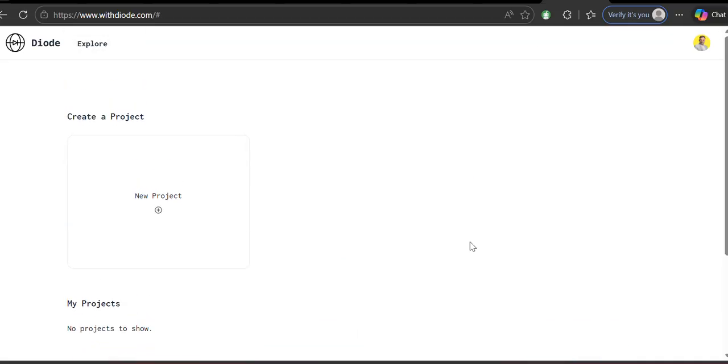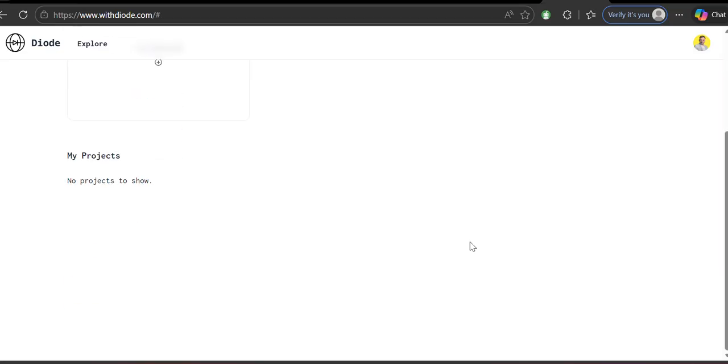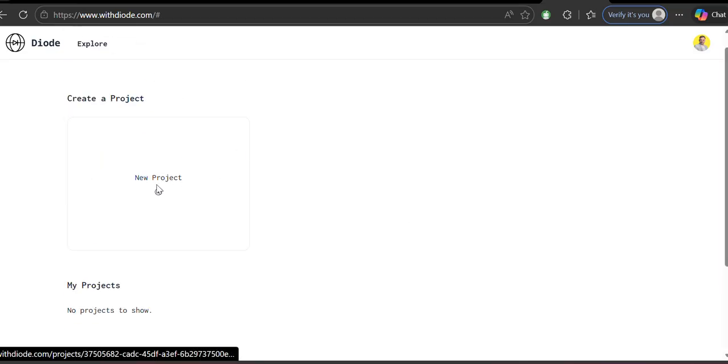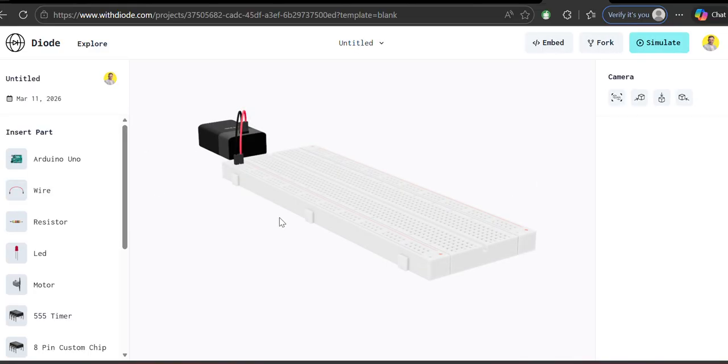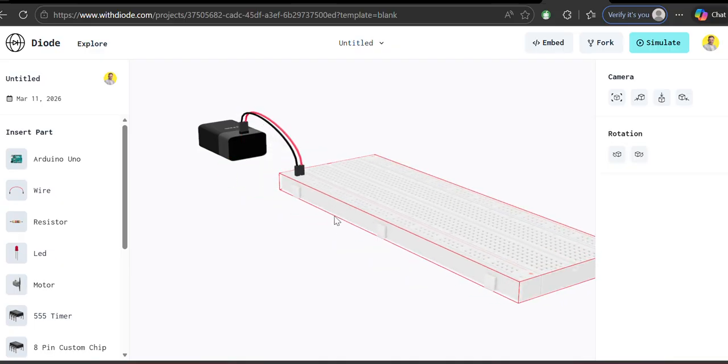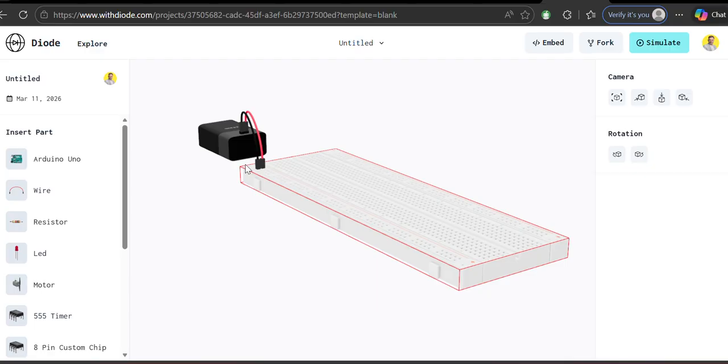Okay, so here we are. If I just create a new project over here, I can get all types of components. So already the breadboard and a battery are over here. So let's get a resistor. We can place the resistor on the breadboard just like we do in the real world, like this. Okay, and we can grab an LED,